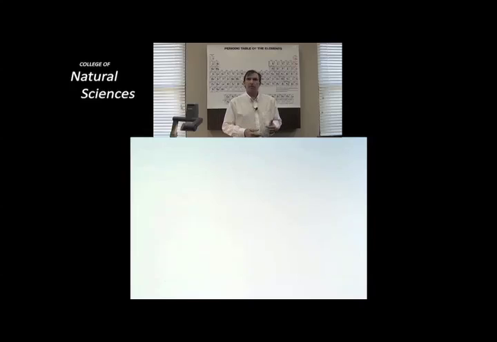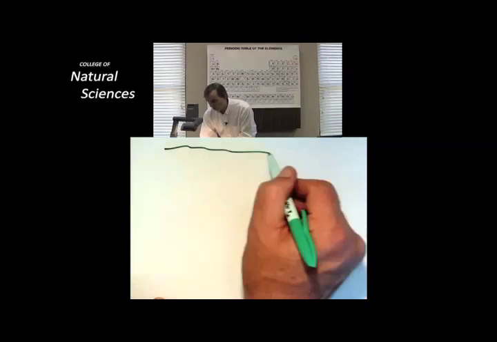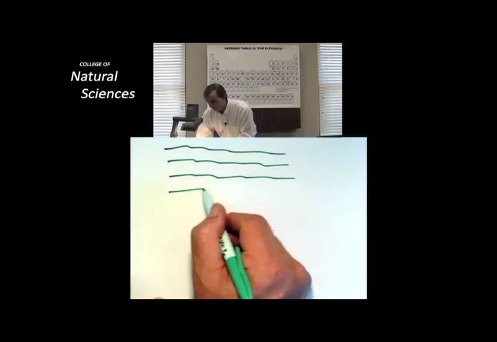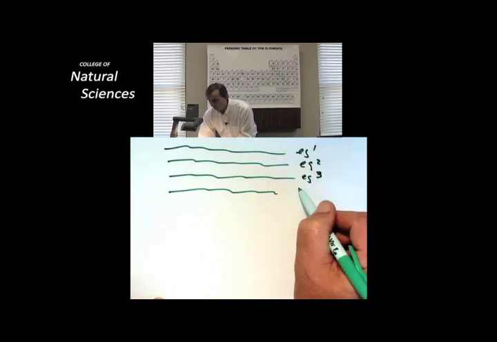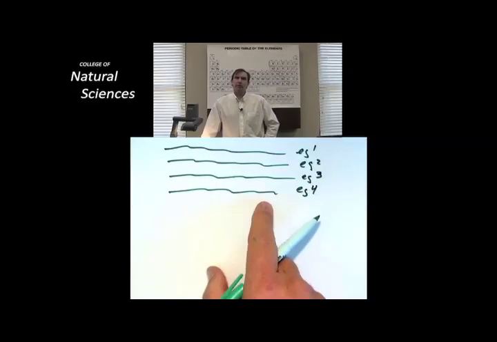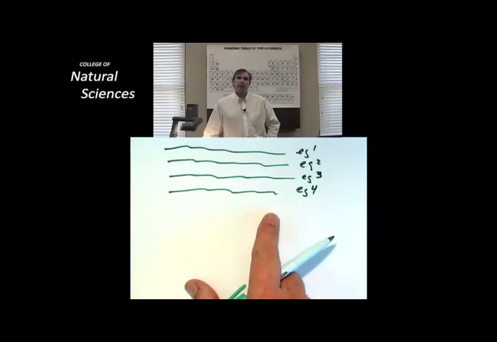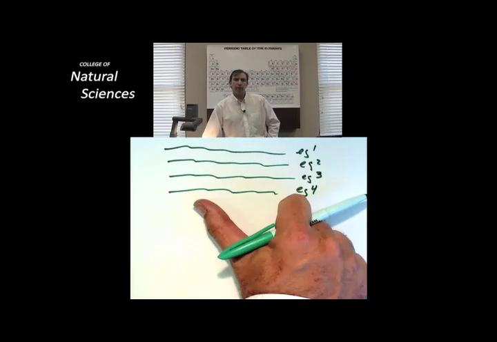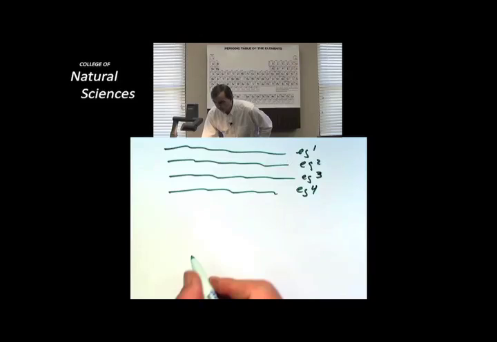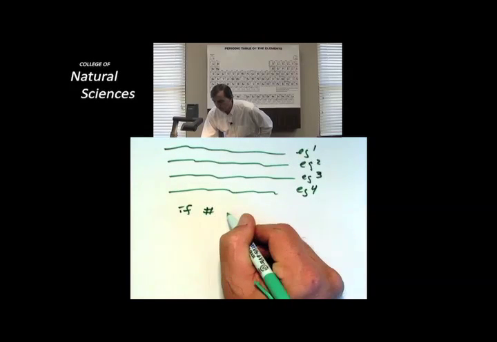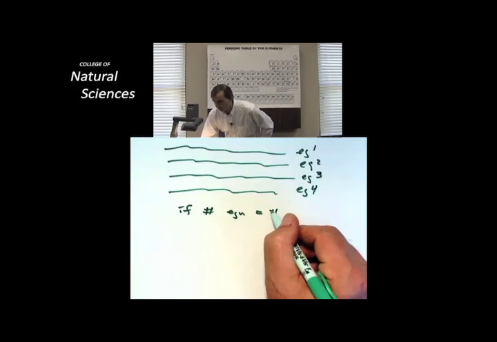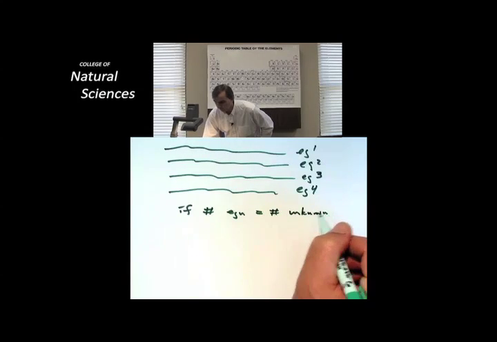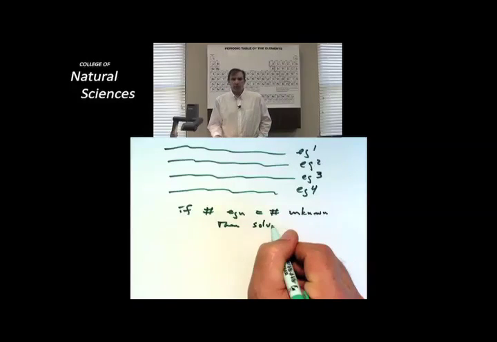When people solve complex equilibria, they typically solve for it by setting up a series of equations in terms of the different species that are present, the different variables that are present. And there's always this general rule, my rule of thumb, that says if the number of equations is equal to or greater than the number of unknowns, then I can solve. For example,